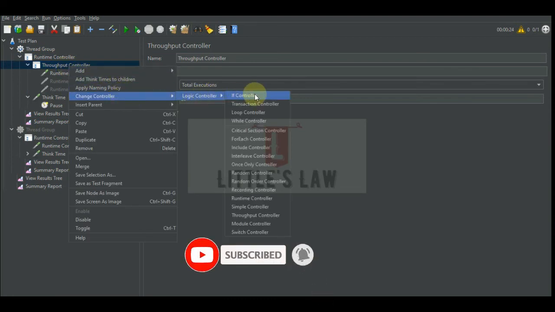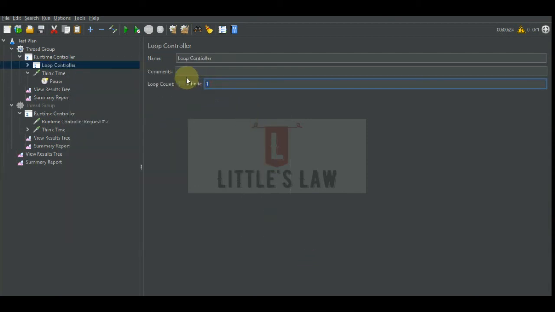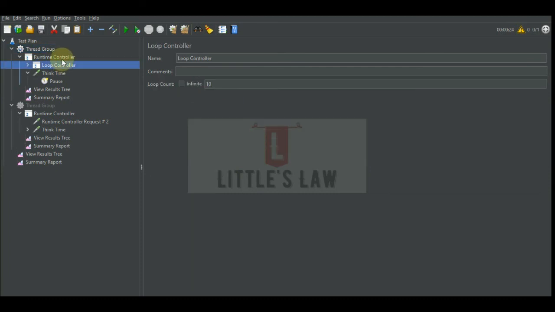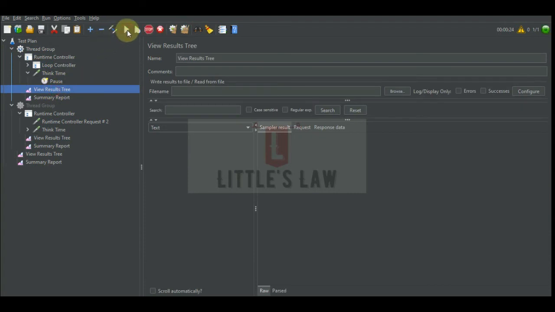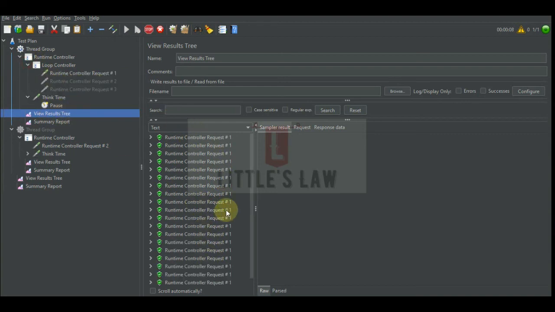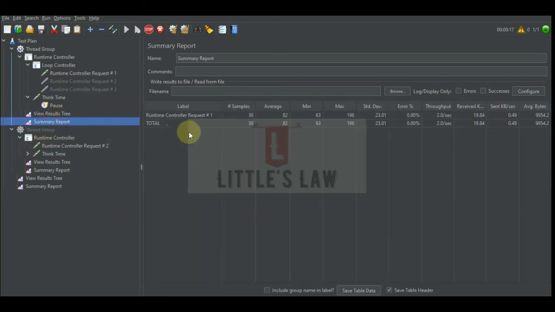So let's see whether we can make any other controllers inside. Let's add a loop controller and let's see what happens. Let me add 10 iterations here. In fact, we were not able to achieve it here, but let's see whether the loop controller inside the runtime controller makes any change in the execution. So yes, for the first time, we have executed 10 requests. For each iteration, we were able to achieve the request. So far we have achieved 30 requests for 20 seconds